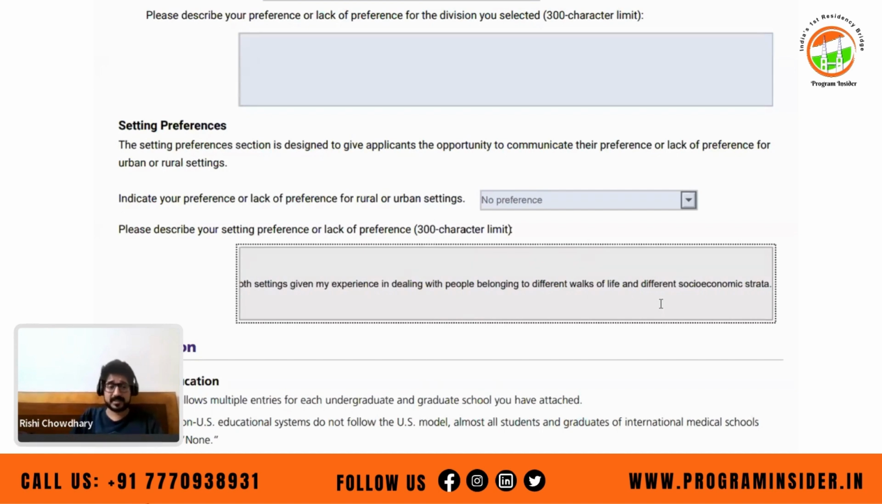So this is a very fancy way of saying that you have no preference and you are willing to work in the rural or urban area. Okay, so let me just summarize the main goal of what people really need while filling up their ERAS CV: